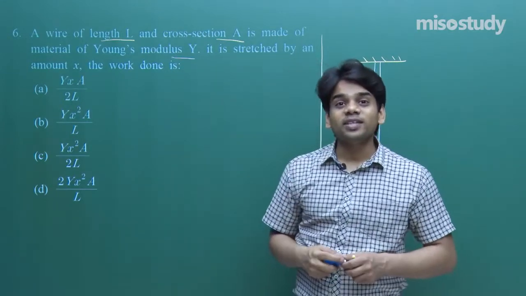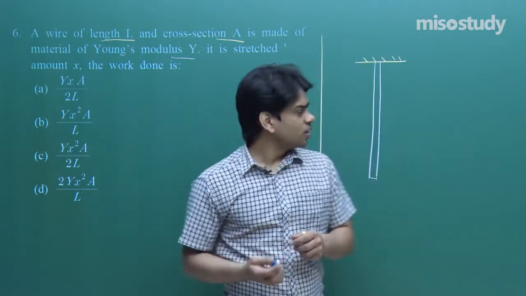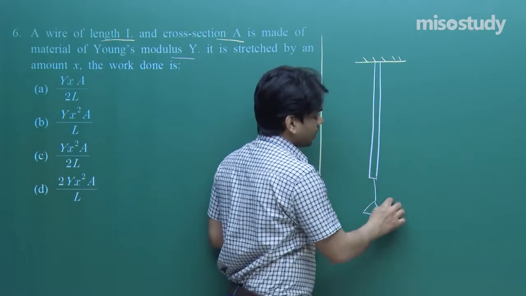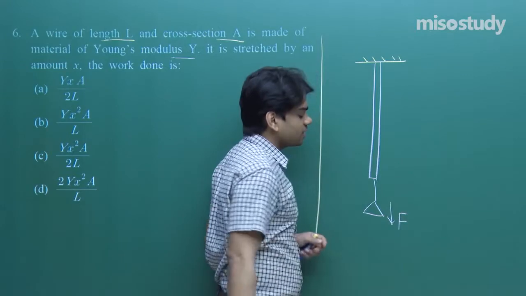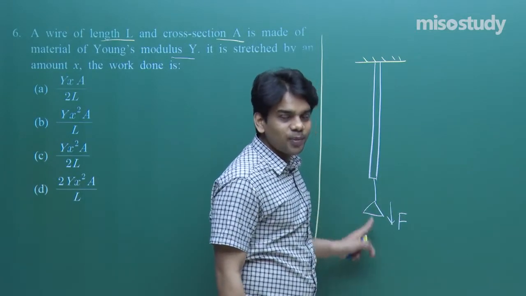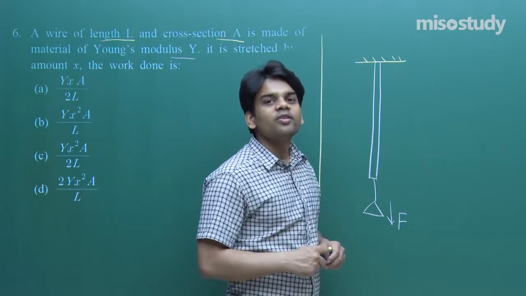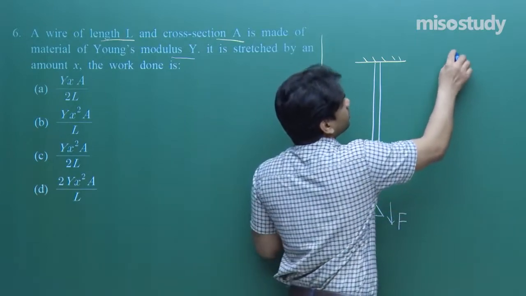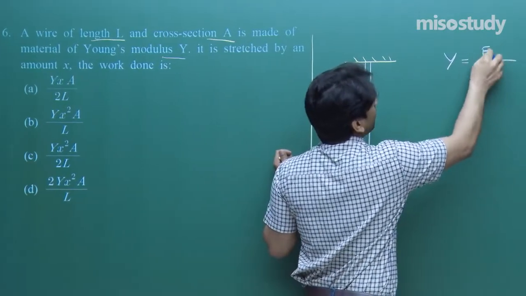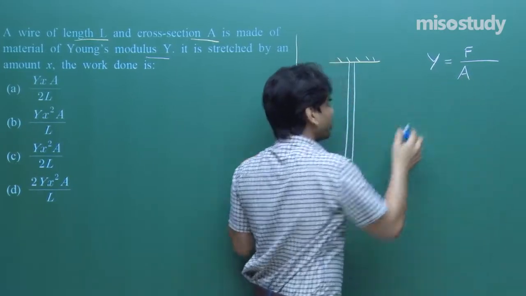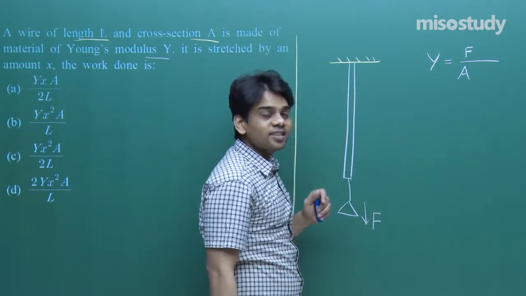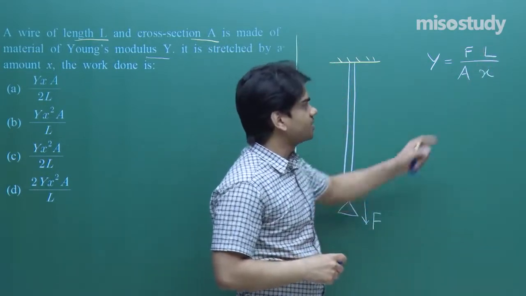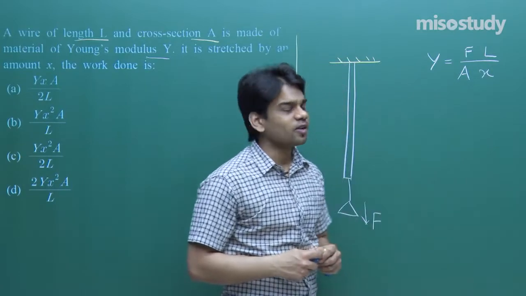If it is stretched, that means a force should be applied at one of its ends. So if we hang some weight from here so that it applies some force in the downward direction, due to this stress applied on the wire, its length is going to elongate. We need to find out the work done during this elongation. We all know that Y is equal to stress applied, F by A, divided by strain. Let's say due to this stress the stretch in length is X, so the formula is Y equals F by A divided by X by L. X in the denominator, then L goes in the numerator. Not a problem, we have done all this basic part.